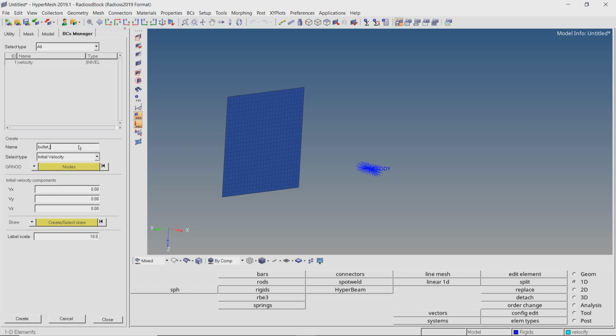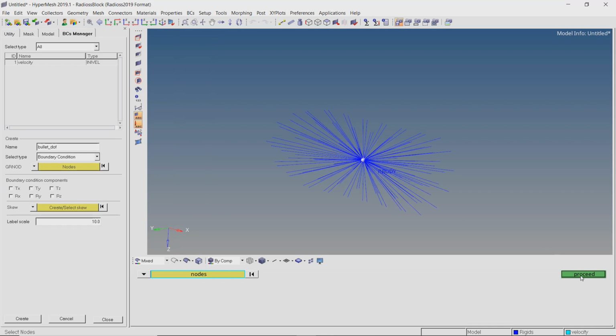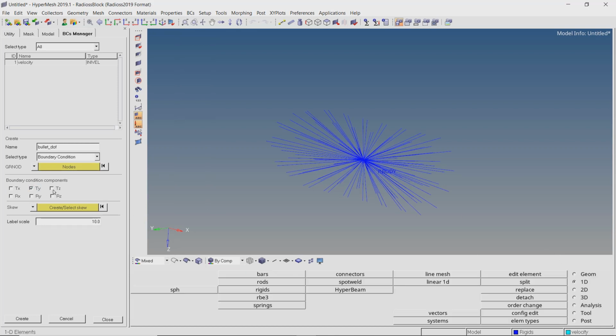Now we will create a boundary condition to constrain the translation and rotation of master node along other axes. Only permitted movement is translation along x-axis.